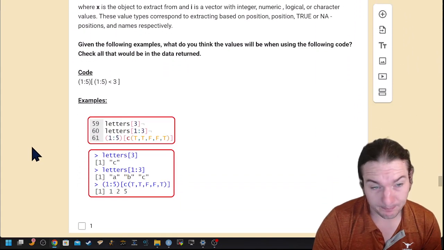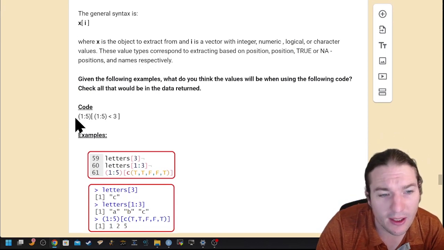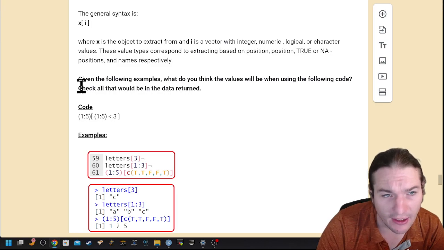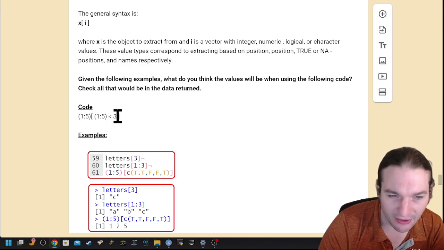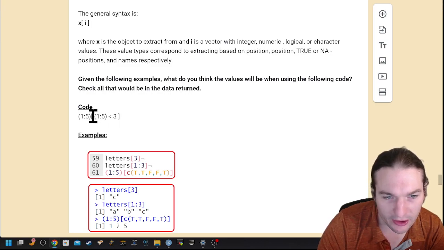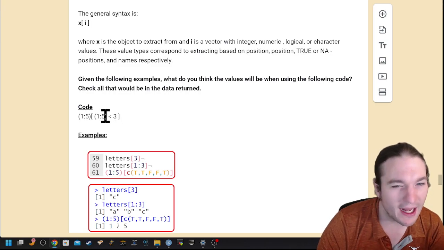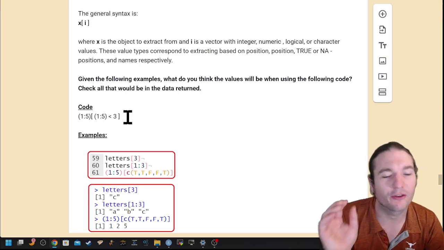The next question has you look at a combination of the same kind of range, but this time doing an extraction using the output of that previous section. So I'm tracing my cursor across this region on the right. And you may not realize this yet, but part of the reason why I've been emphasizing, let me take my cursor off the screen.